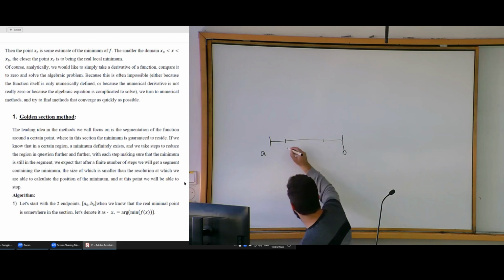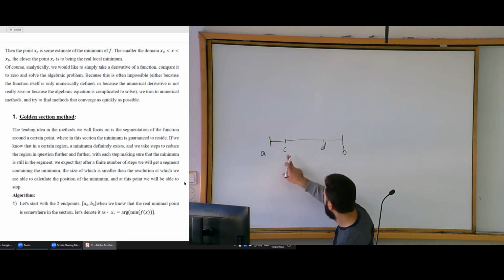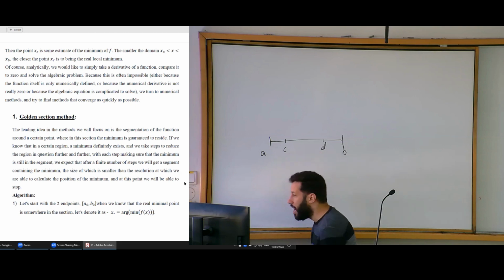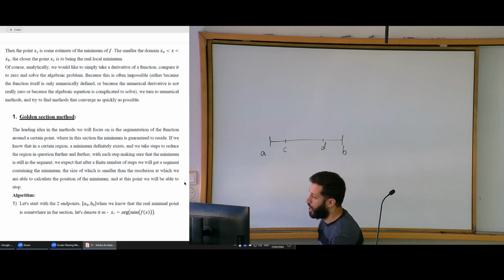I will call them C and D, and check the values of the function at C and D. Again, I'm assuming that the function is convex. I'm assuming that between A and B, the values are lower than the value at A and the value at B. And if I have evaluated the function at C and D,